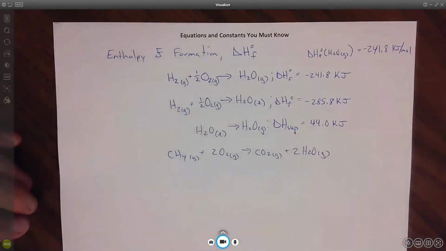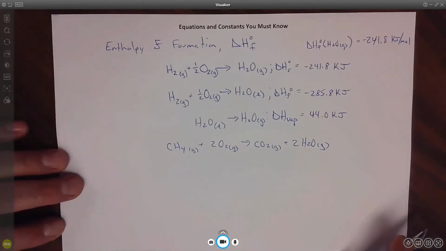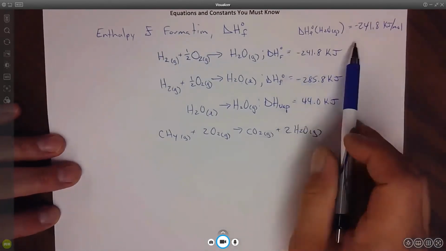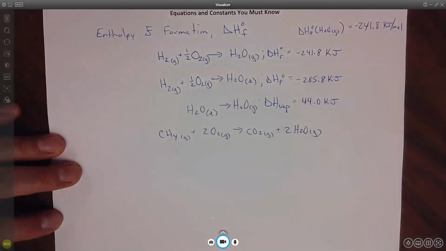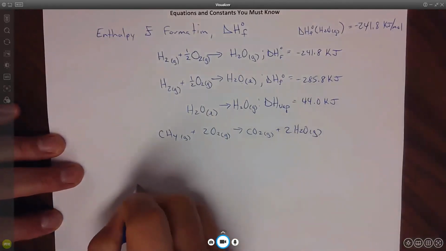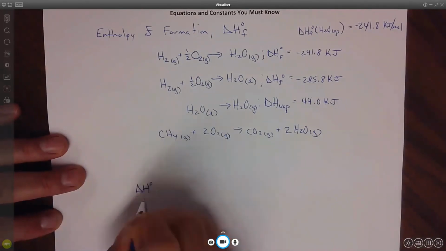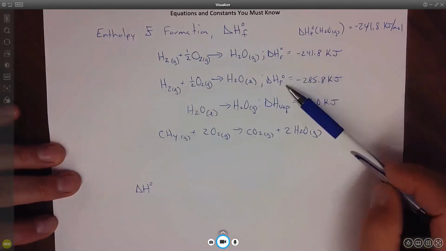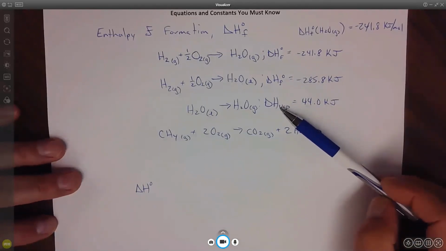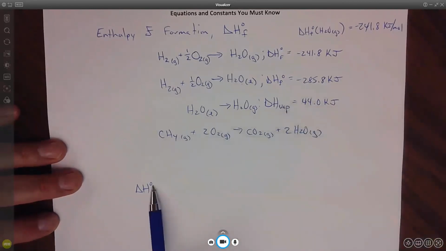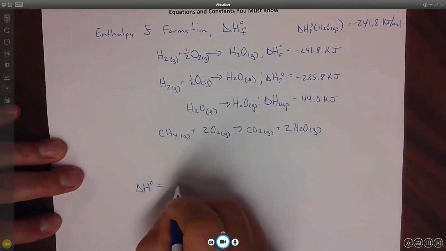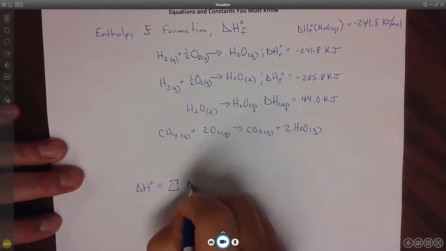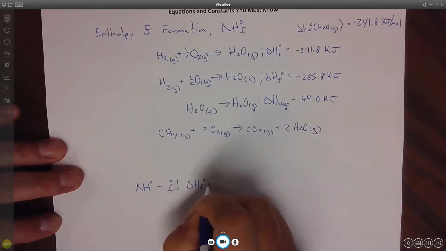And if we wanted to calculate the enthalpy of this reaction, we could use the enthalpies of formation, okay? And of course, the enthalpy of formation is just going to be the change in enthalpy. And again, these are going to be under standard conditions because all of these enthalpies that are in the back of the book, or in the tables of chemical data, are all under standard conditions. So 25 degrees Celsius and 1 atmosphere. And that's just going to be equal to the sum of the enthalpy of formation of the products,